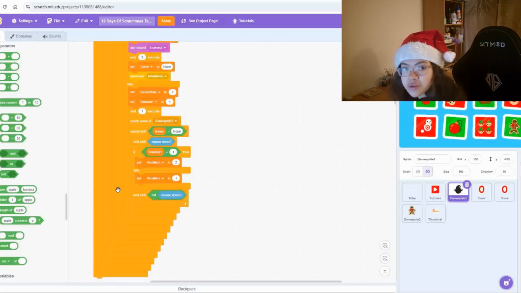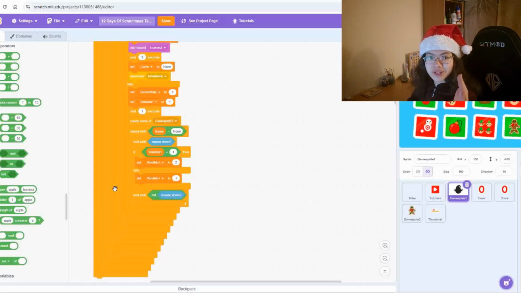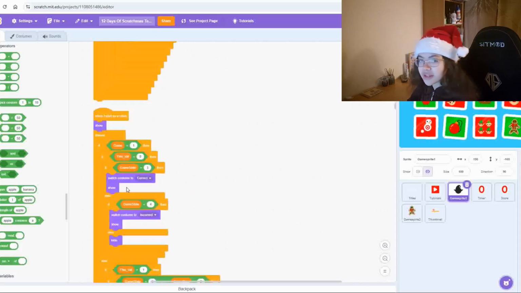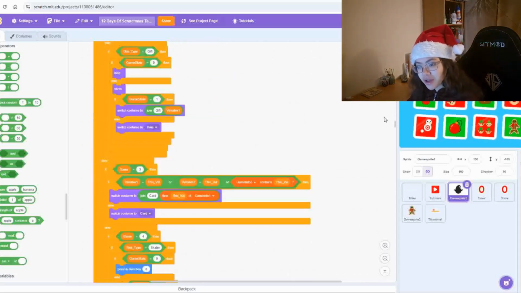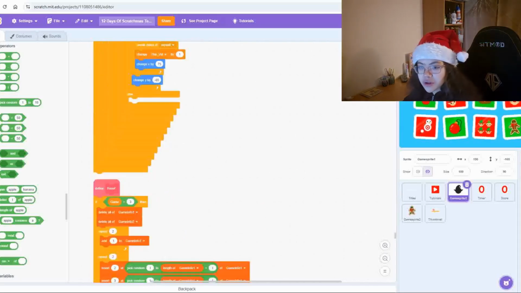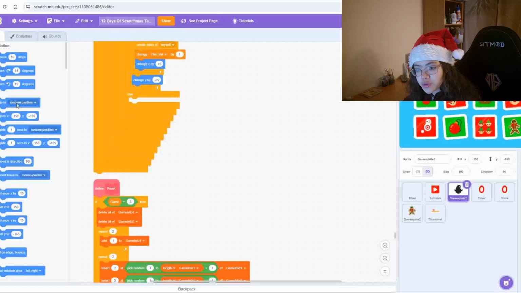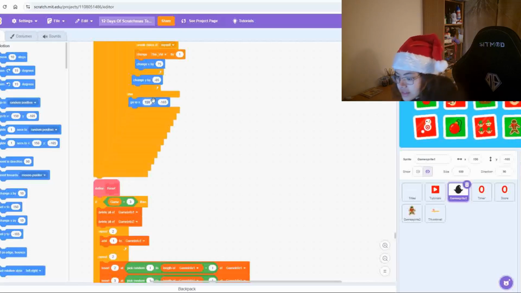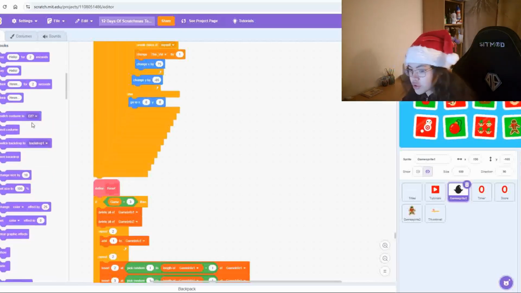This will just allow you to switch the gingerbread man from one side of the screen to the other, and that's all that we need for the game start script. So now let's go to the clone define script, scroll down until you find that. First we need to go to 0, 0 block, so go to x0, y0, switch costume to